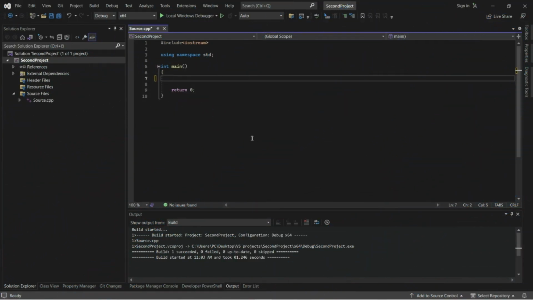Let's try for loop in C++. For loop is used when you want to execute block of code multiple times. If I want to print some text 5 times, I can do it like this. This text, hello world.